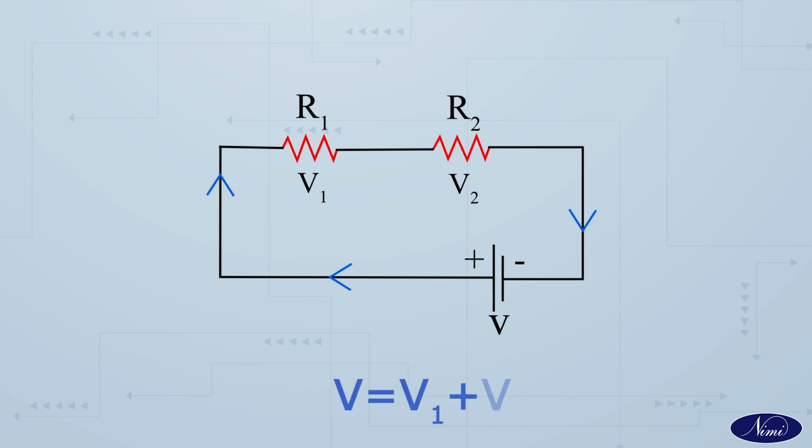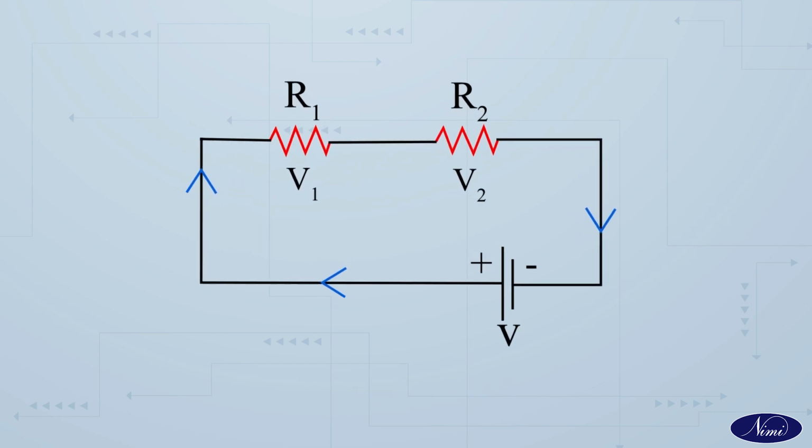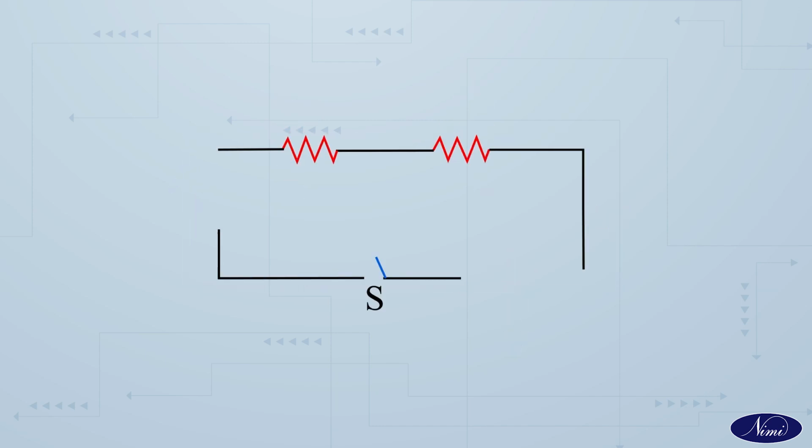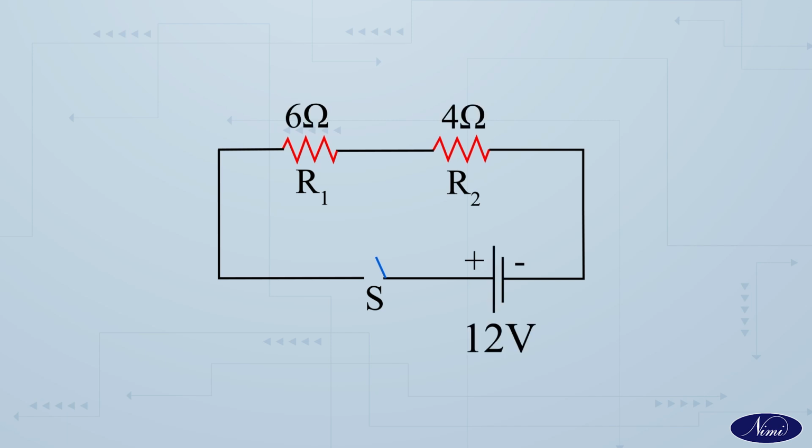The sum of voltages V1 and V2 must be equal to the input voltage V. If so, Kirchhoff's voltage law is verified. If not, the circuit may not be connected properly or you may have made a mistake in the circuit. Let the resistor values of R1 and R2 be 6 ohms and 4 ohms respectively and the voltage source be 12 volts. When you energize the circuit by closing the switch, current starts flowing from the positive terminal of the